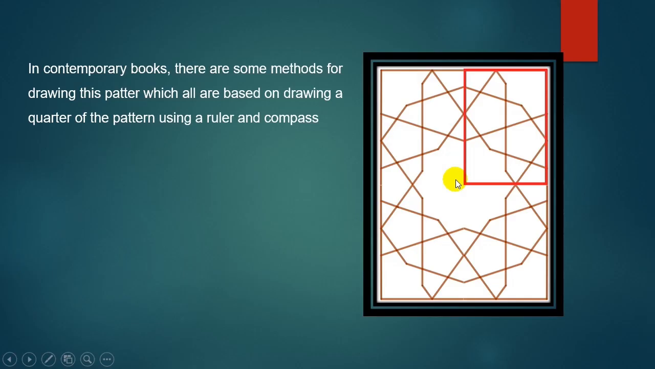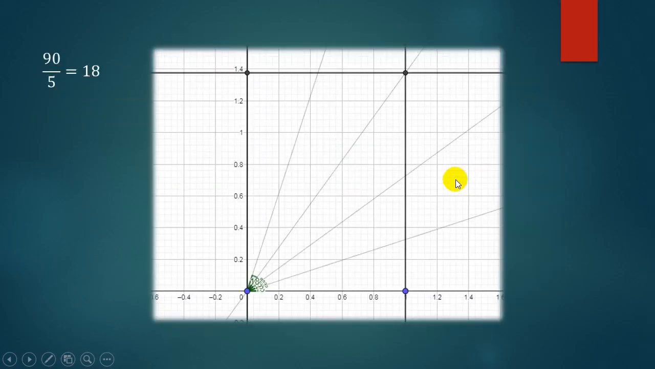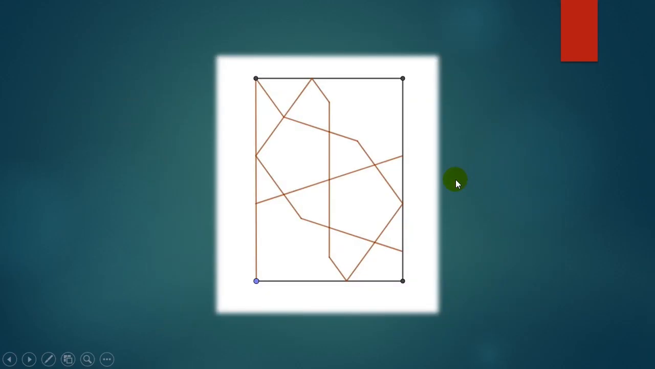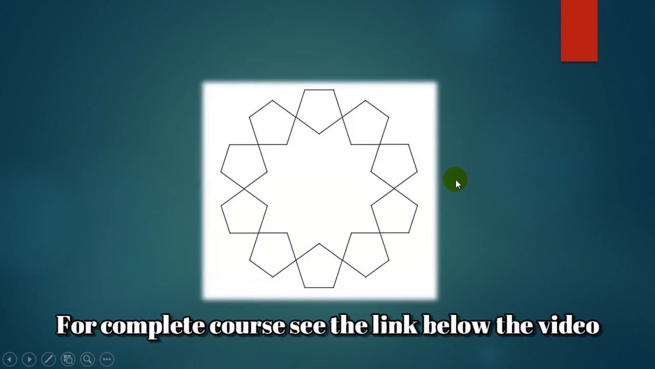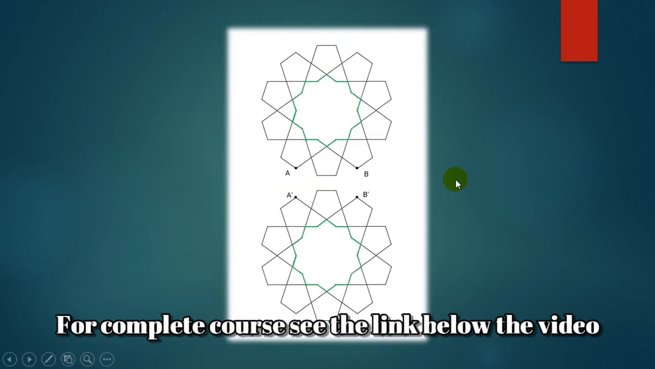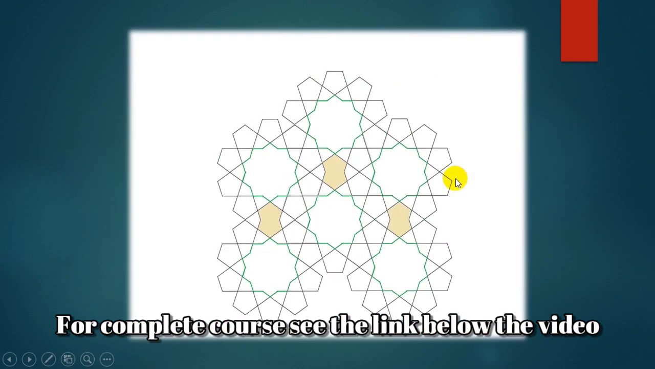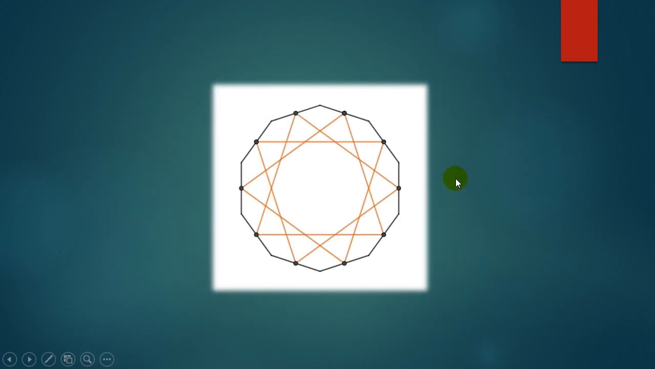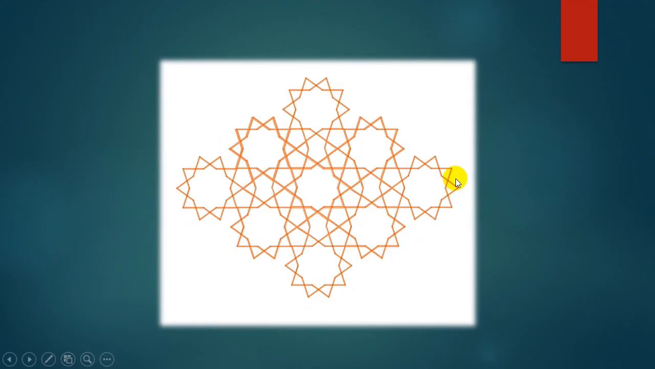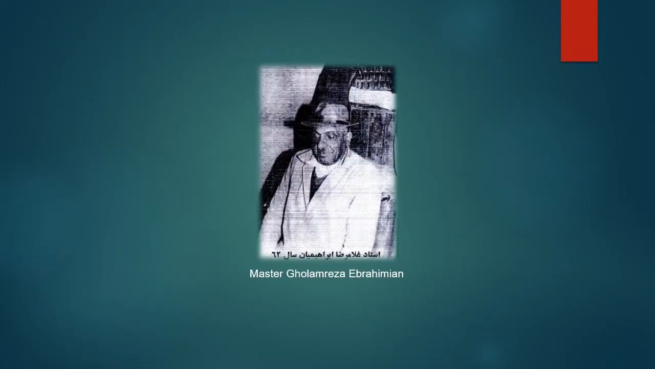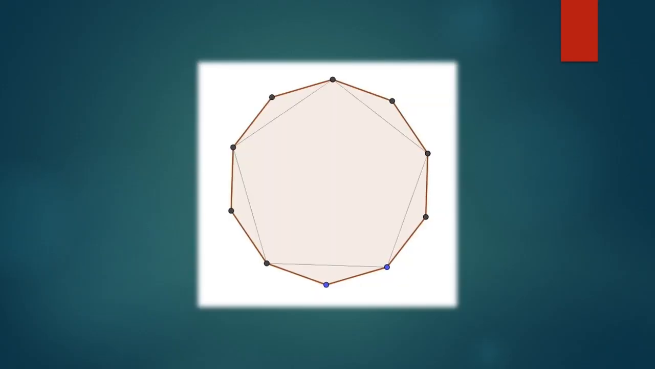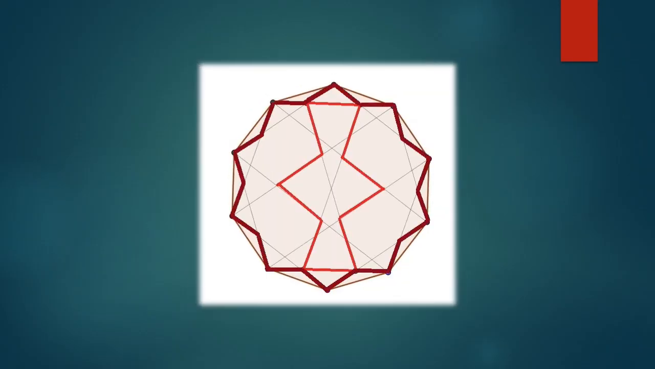We present various methods for drawing these patterns, including direct drawing by a ruler and compass, arrangements of basic motifs, and also using subgrids. We also discuss some methods used by traditional masters in recent decades, such as drawing main motifs inside a regular decagon,